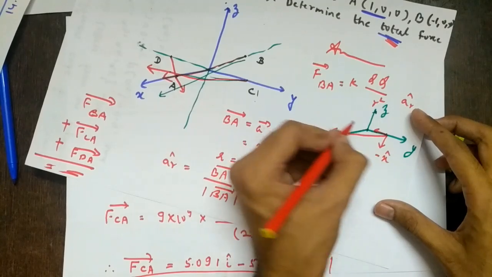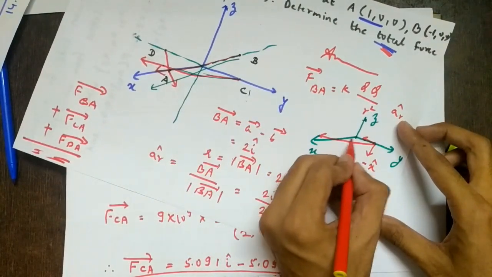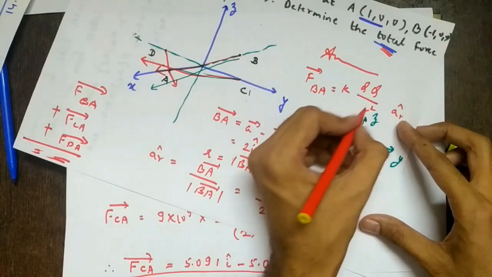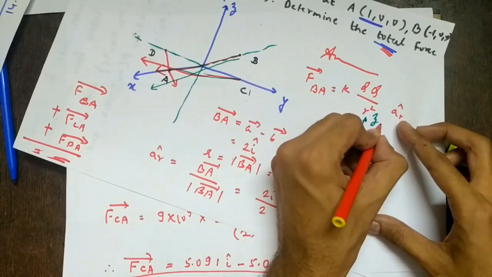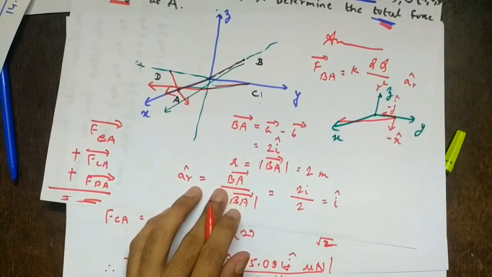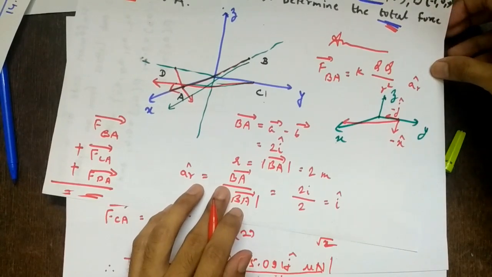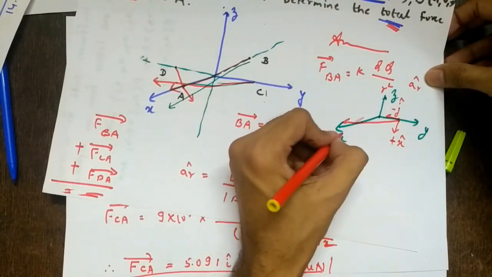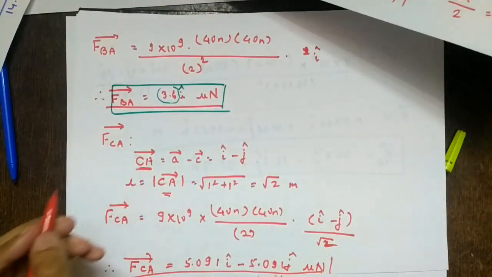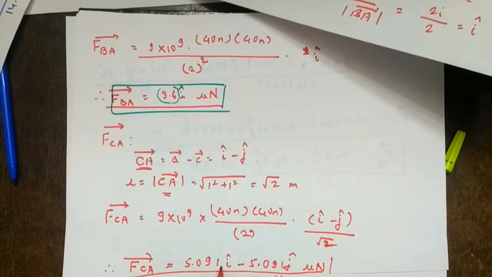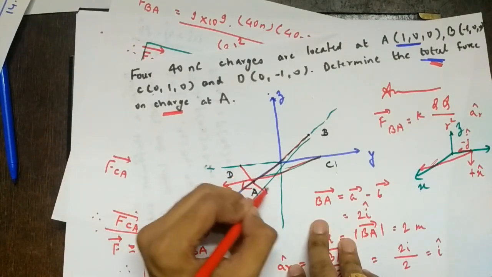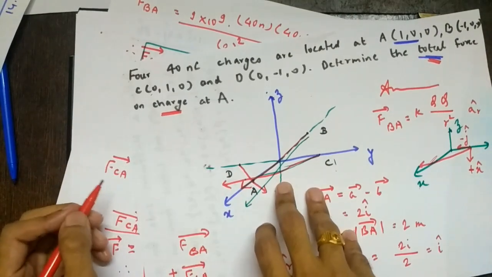Minus x cap for going downwards, in this direction. We are watching in 3D, remember. So it should be like this, not z cap. And this is minus j cap, right? So that's what we have got. Sorry, this is plus x cap. This is positive, right? So we should get i cap minus j cap. So FCA vector is plus i cap and minus j cap. Similarly for DA vector, we are moving like this, along plus y, so plus j cap, and along plus x, so i cap plus j cap. That's what we have got.